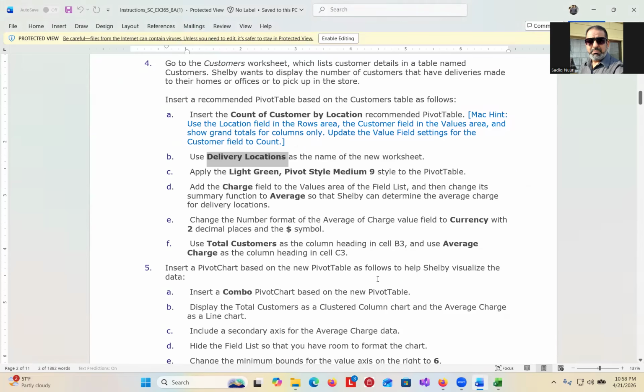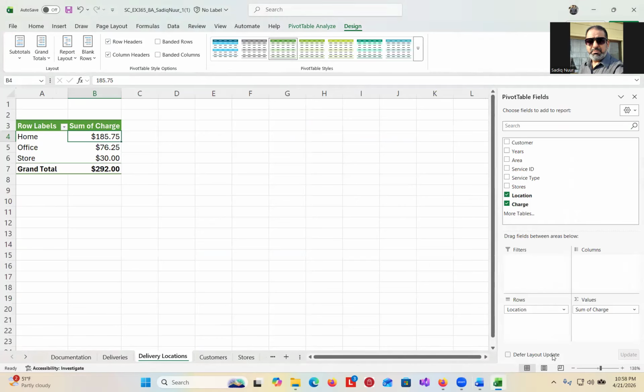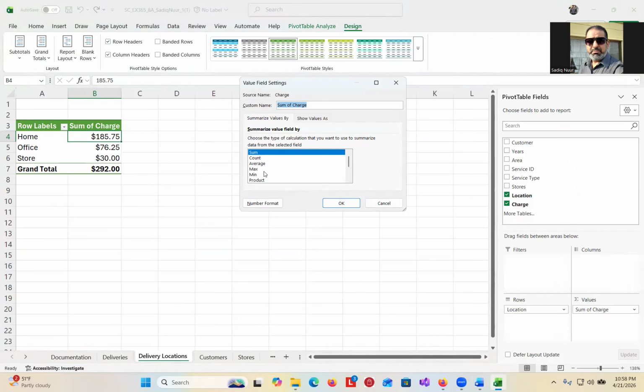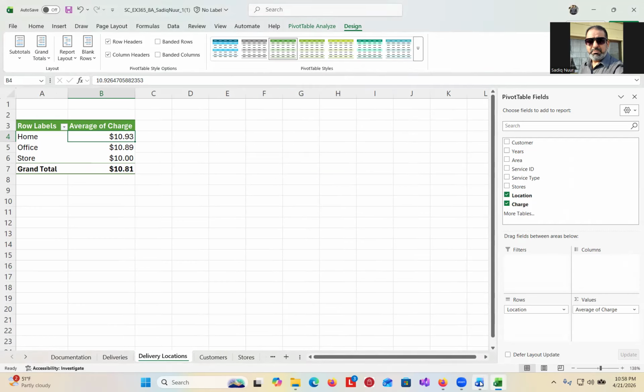Let's read again. So we need to add the charge field to the value area of the field list and then change its summary function to average. So instead of being sum, click it, change the value, change value field setting. You see value field setting, click on it, average, and click OK. Go back